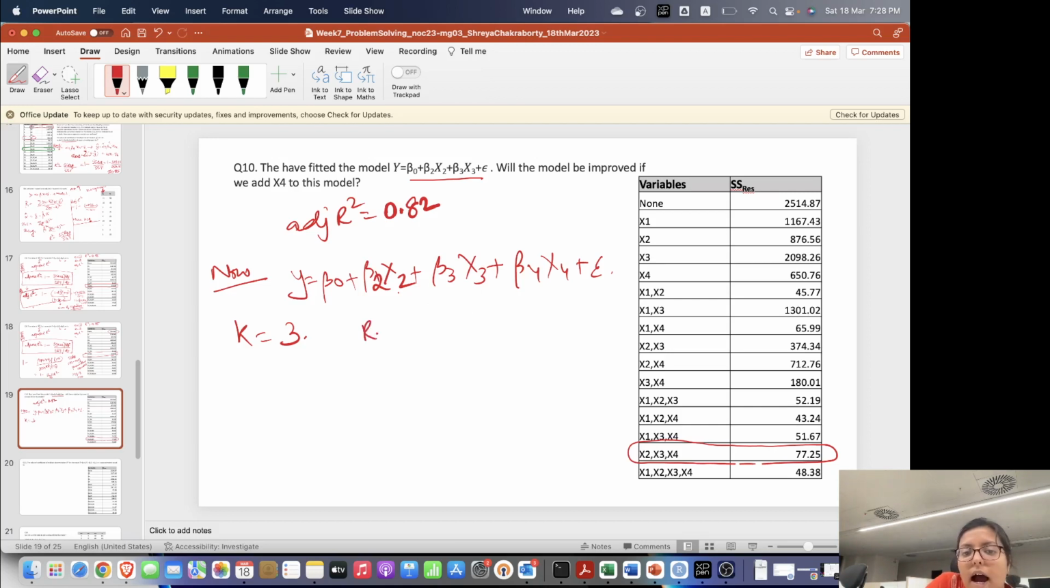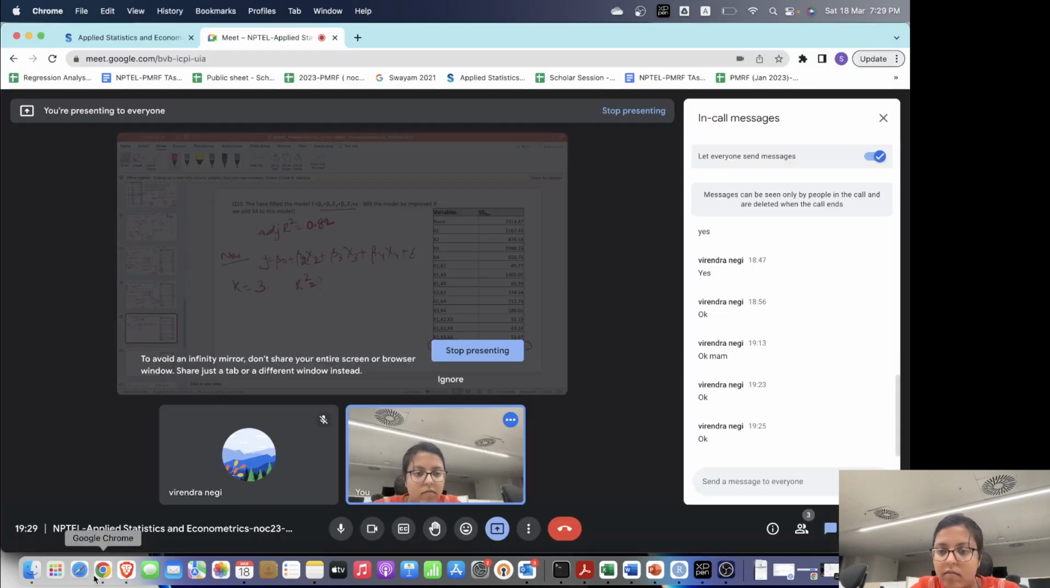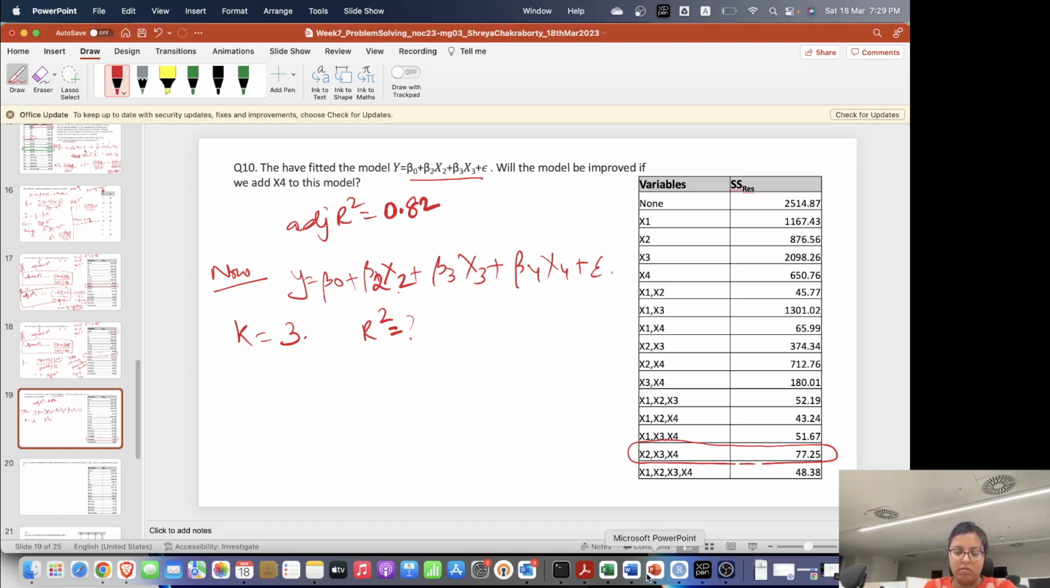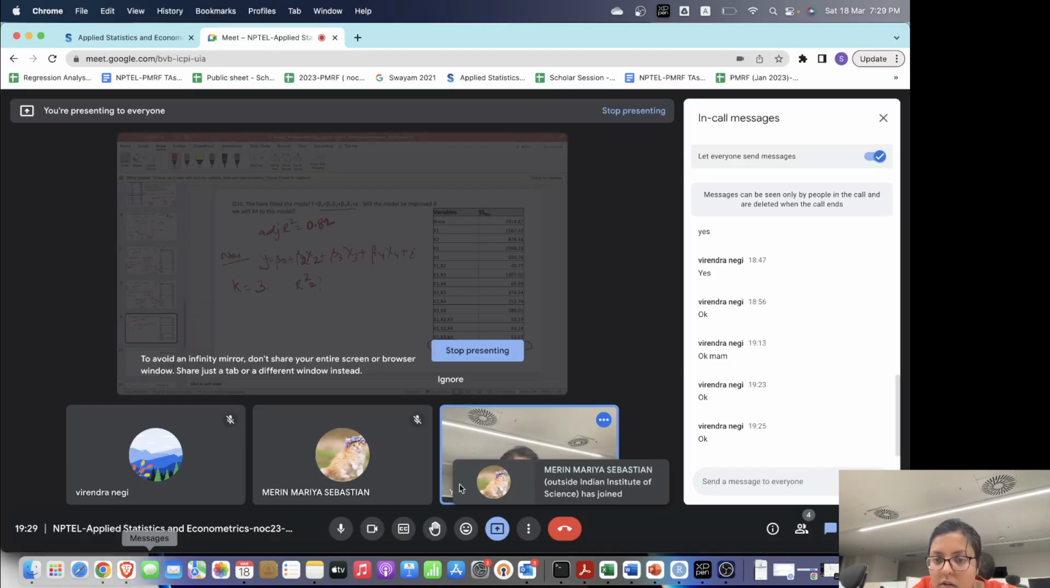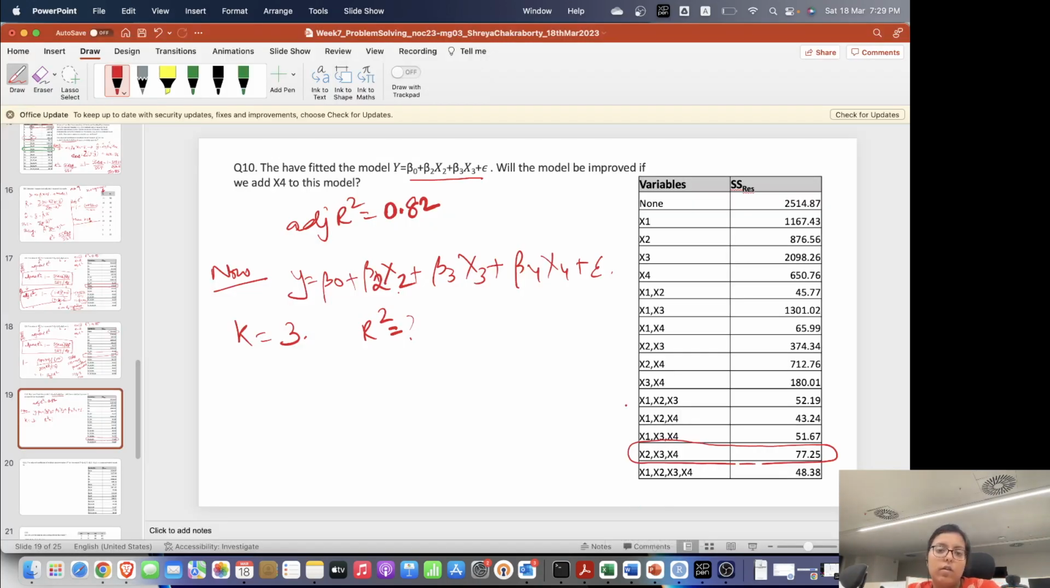Okay. R square will remain the same. What do you think? Will the R square remain the same as it was last time? What do you think? Okay, no response. So the previous R square was based on